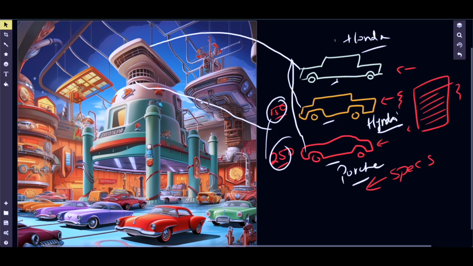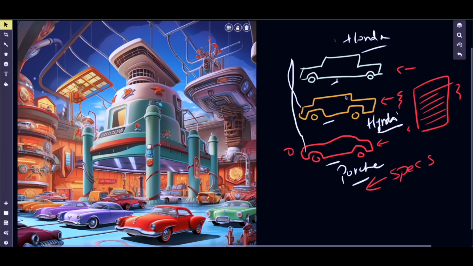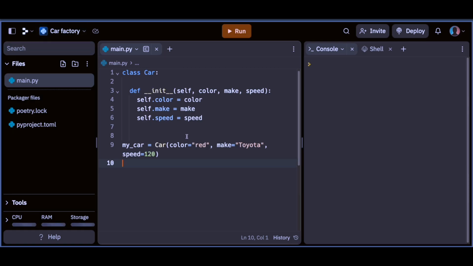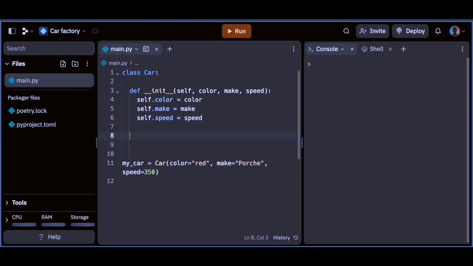So we've gone ahead and created this car, this red one, okay? So let's just say we've created a red car, and it's going to be a Porsche, and it goes up to very fast, let's say 350 miles an hour, and it's a red car, okay? So this car is an individual car, but it can also have different methods. For example, it can accelerate. So how about we want to lift off or take off? So we're going to say def